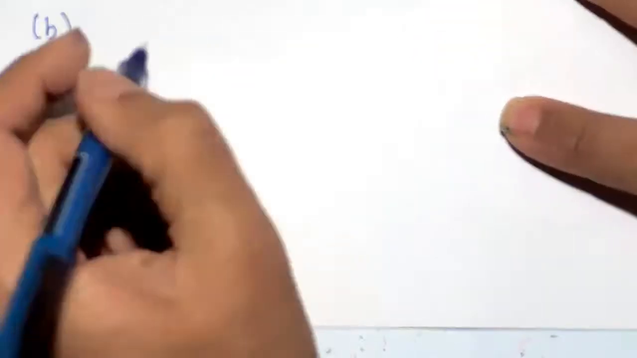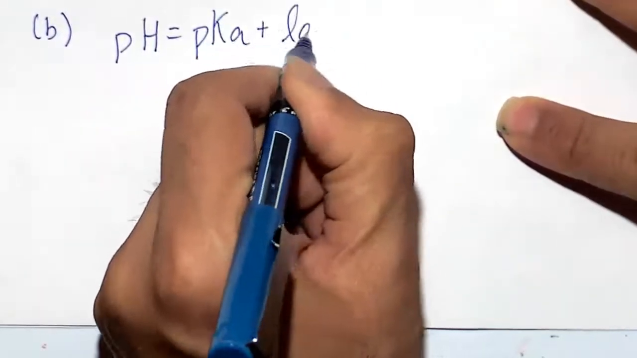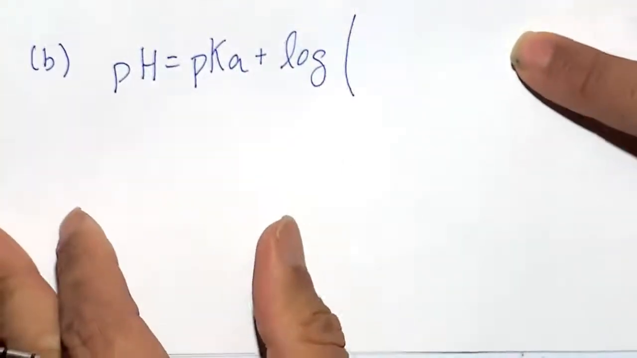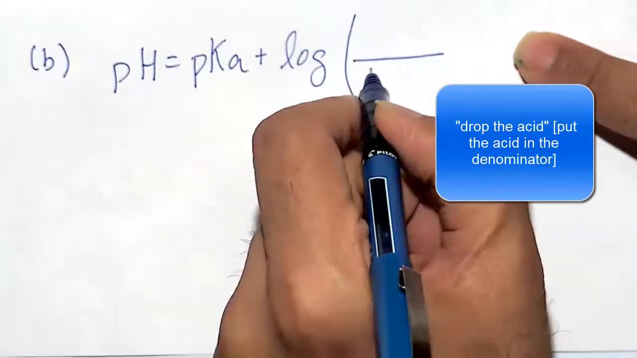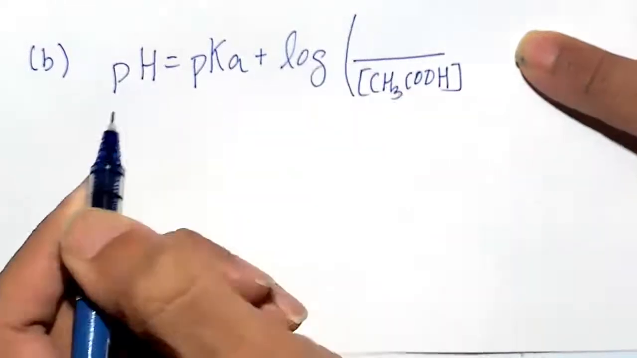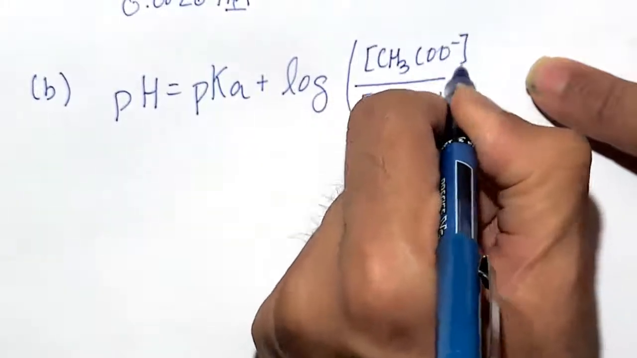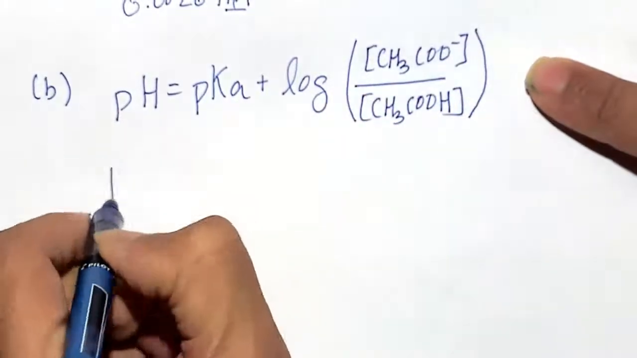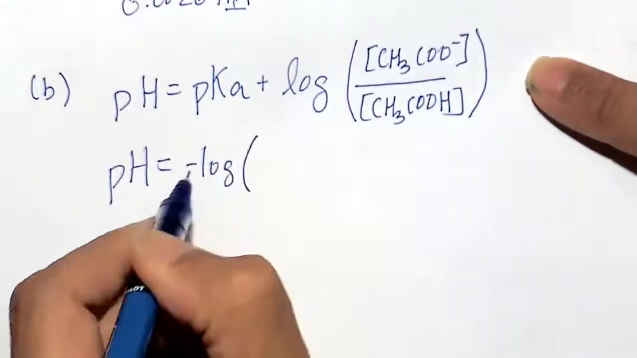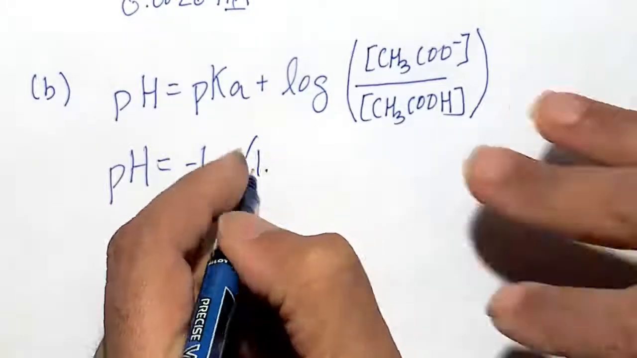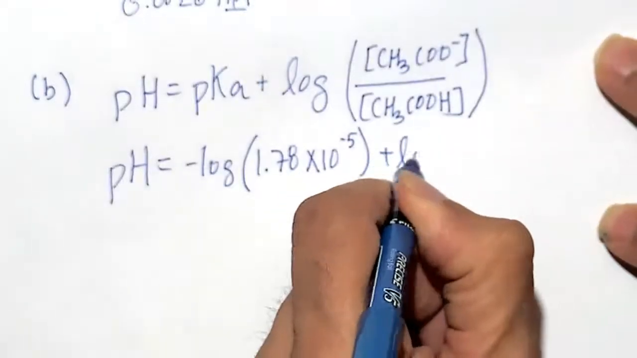Let's first write the Henderson-Hasselbalch equation. It's going to be pH is equal to pKa plus the log of, here you want to what's called drop the acid. So you drop the acid, HA, but in this case our HA is acetic acid, over A minus, the conjugate. Here our A minus is the concentration of acetate ion. Remember, the sodium is a spectator ion. So we have everything we need here. pH is equal to pKa, which is minus the log of Ka. I've looked up the Ka and found it to be 1.78 times 10 to the minus 5, plus the log